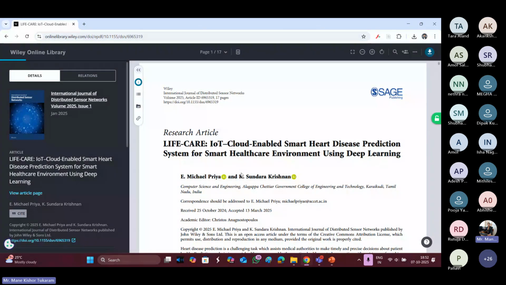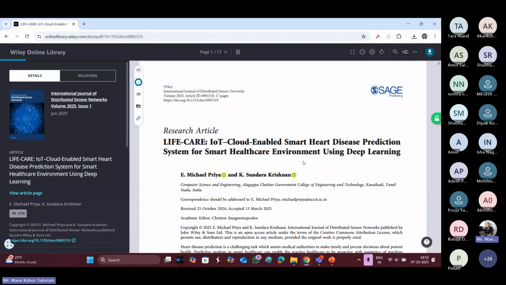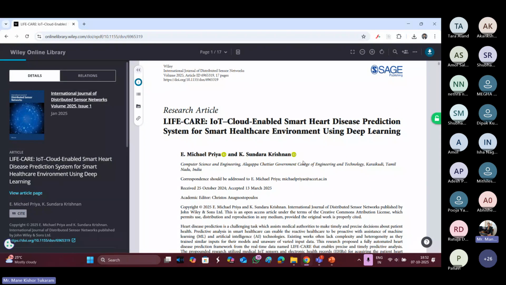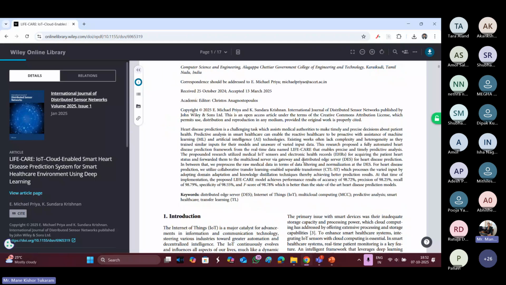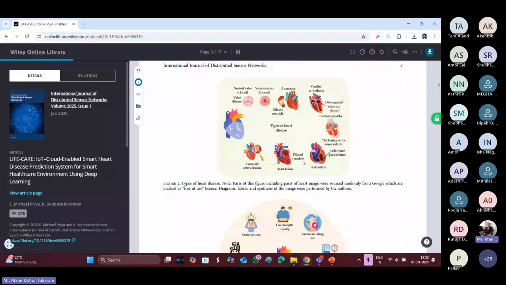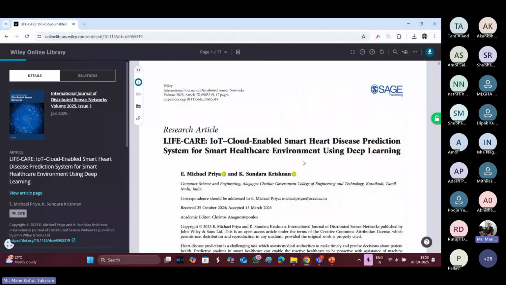Okay, so these are the particular papers which are available and which can be accessed through the Wiley journals. Again, the journal name is International Journal of Distributed Sensor Networks. Again, the publisher is Wiley. So this publisher has this particular journal, and they have articles